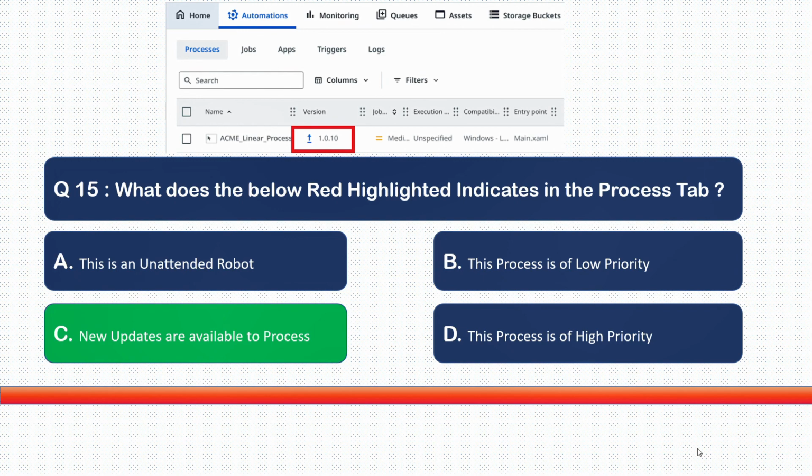Okay, so we are done with 15 questions, right? Before I move to the next set of questions, all these questions were on orchestrator, and in case you are